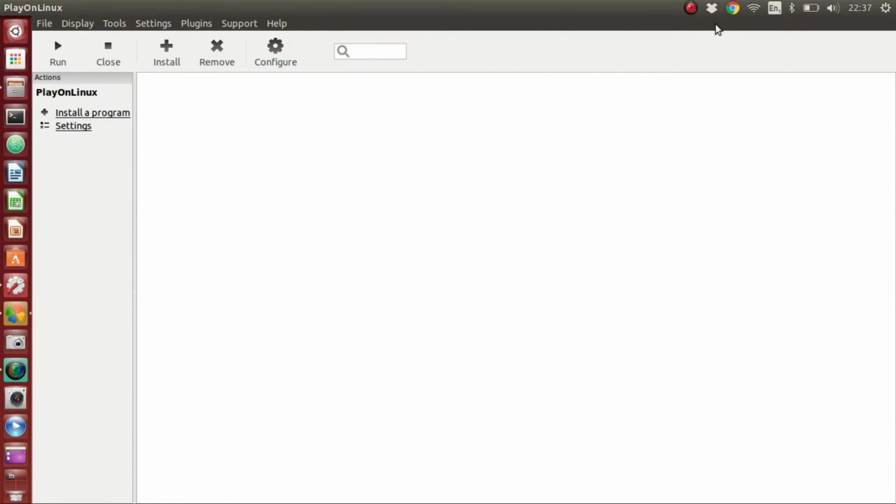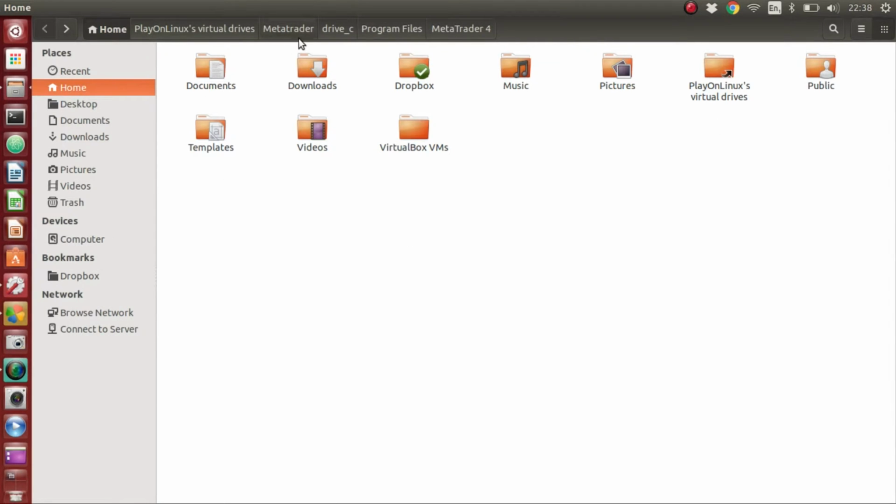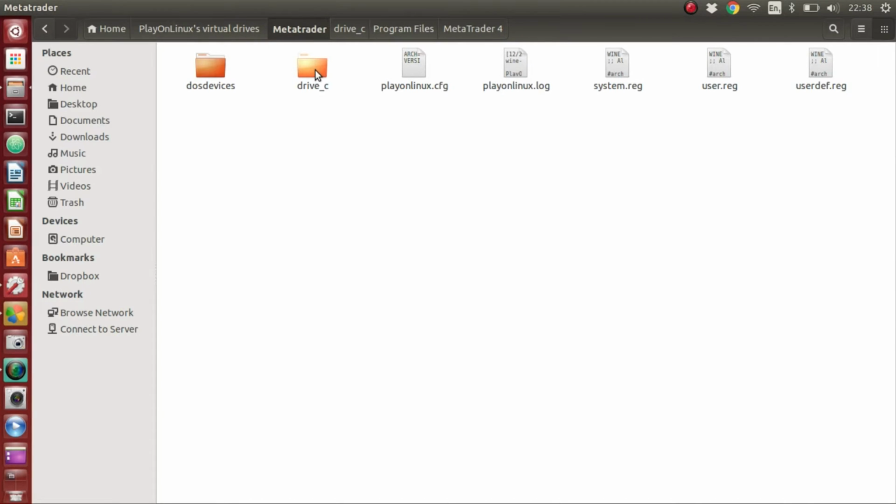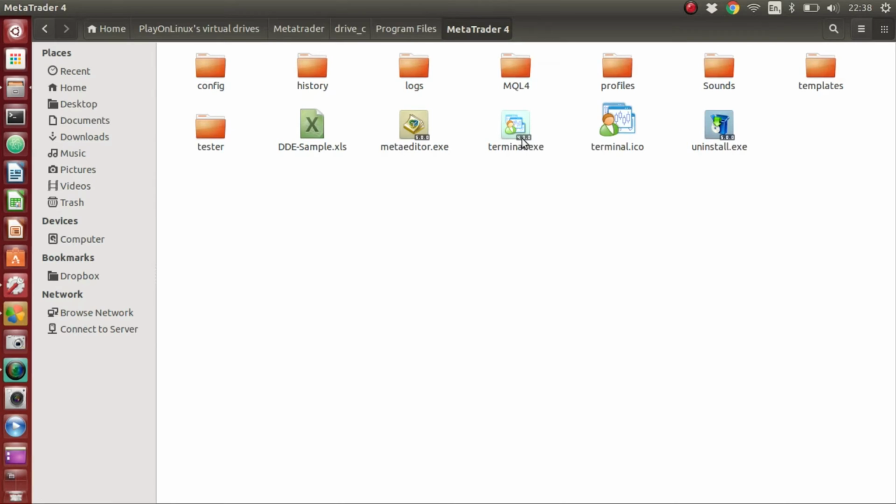So after I closed out the Metatrader 4 program that I just installed and had running, I was looking at PlayOnLinux, and I was expecting to see the program installed right here, but apparently it's not showing up. But I was sure it was installed, so I looked it up. In your home folder you have PlayOnLinux virtual drives. If you go to the virtual drive that you created, in our case I called it Metatrader, then to the C drive and then program files like on Windows, there's the program Metatrader 4, and here you have the terminal.exe, which is the start of the program. So if you double click here,